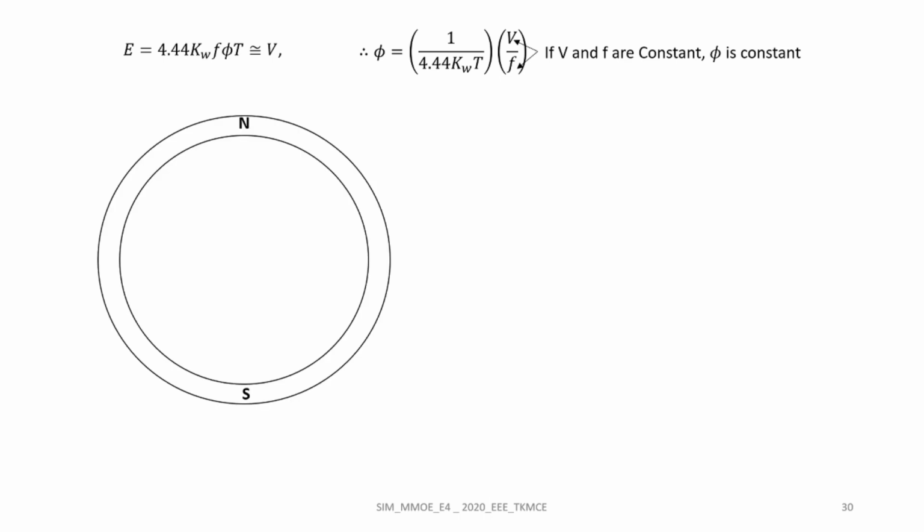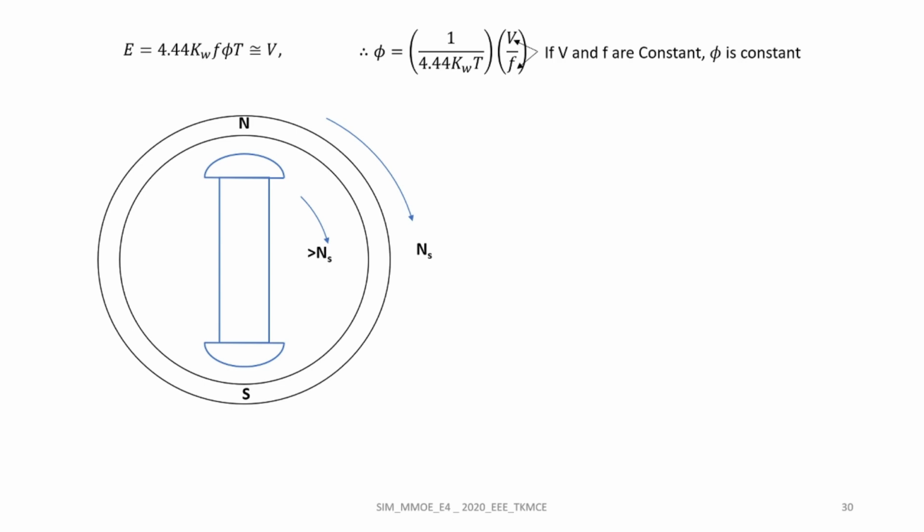This is the stator of a salient pole alternator. Say at a particular moment, the stator poles are N and S as shown in the figure. When the stator of a three-phase machine is energized, a rotating magnetic field is generated which rotates at synchronous speed. Say this is the direction of the rotating magnetic field. This is the rotor, which is assumed to be rotating in the clockwise direction with a speed greater than synchronous speed.